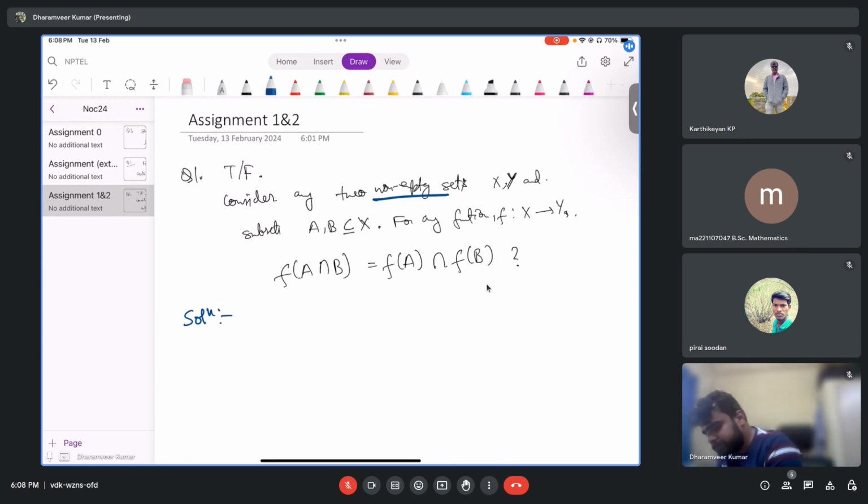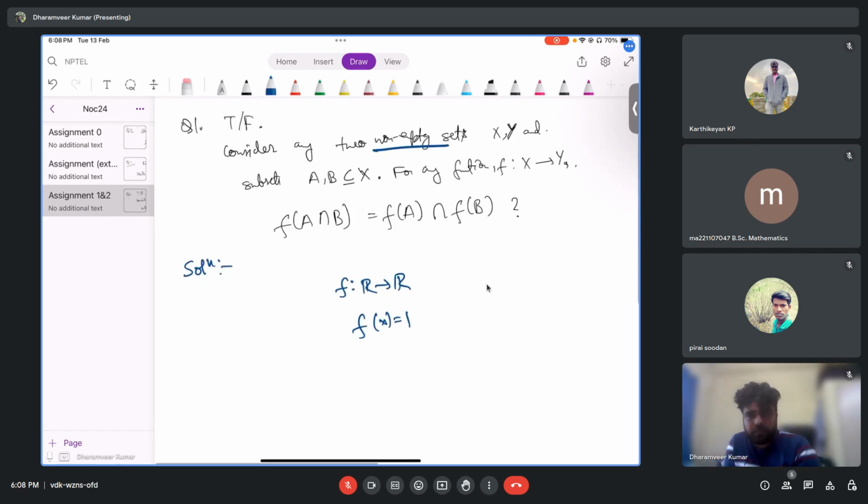For instance, if I define a function from R to R, and f of x is 1, and if I say f is equal to 2 on A equal to